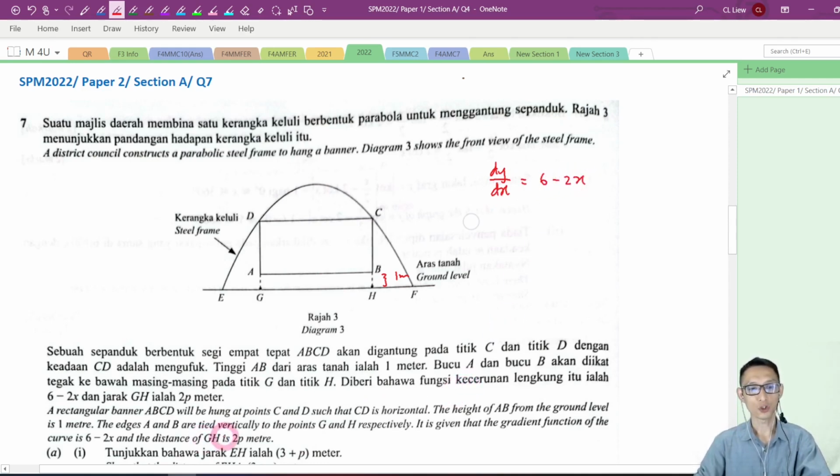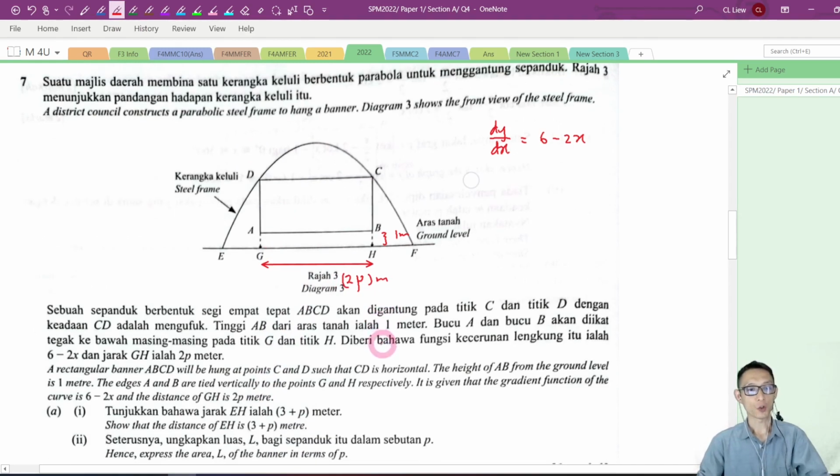And the distance GH, the distance G to H, which is over here. So the distance GH is actually the same as the distance AB. So this is 2p meter. So for the first part, we want to show that the distance EH, E to H, is 3 plus p meter. Since we are given the gradient function, which is dy by dx equal to 6 minus 2x,